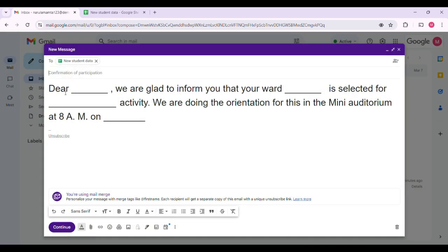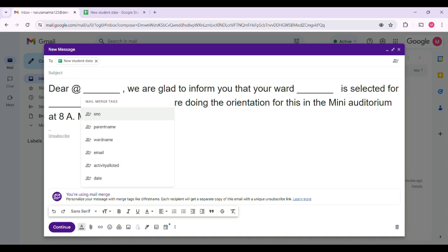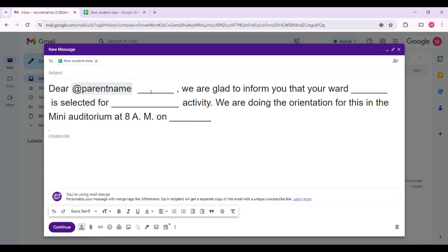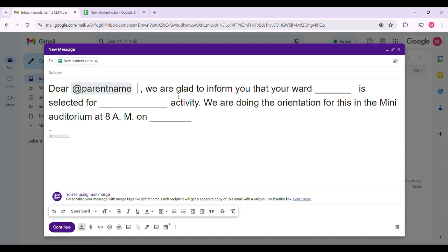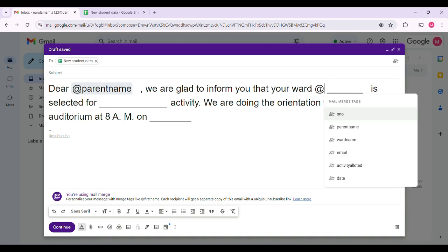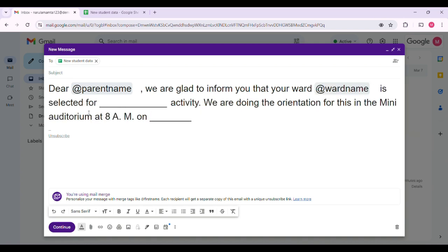Now I will come to the body of the email. So here I have to write the name of the parent. So I have to use certain merge tags for which I'm going to use the symbol @. And the moment I write @, the drop down will come, from where I will select parent name. And then here I want to write the name of the ward. I'll click on @, and from the drop down I will select it.